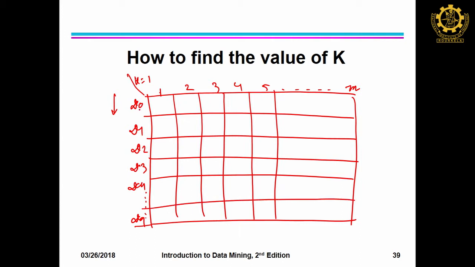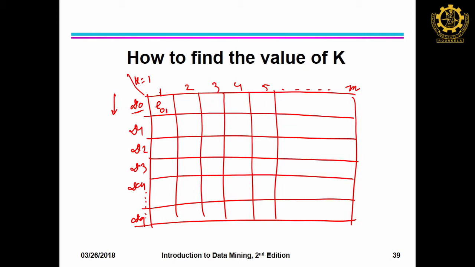Now, when D 0 is the validation set, how many objects in D 0 are wrongly classified, you write it here. Instead of saying how many, you write the error rate. Error means out of 10, how many are wrongly classified. So, 3 are wrongly classified, so the error rate is 0.3. You write it here. That is, when the validation set is 0 and the k value is 1.